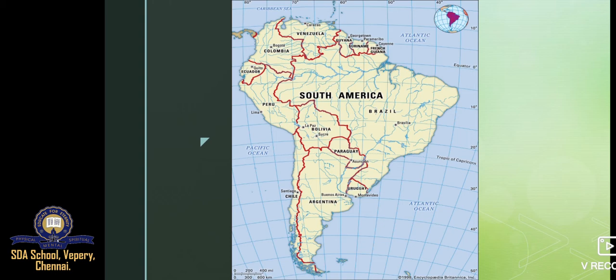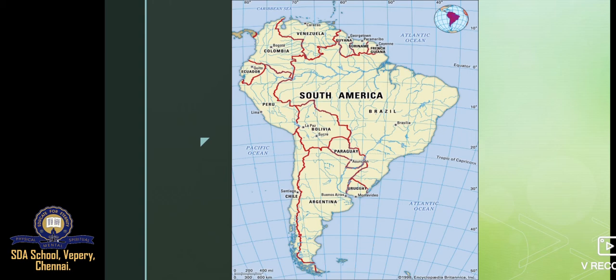Some of them are Trinidad and Tobago, Falkland, South Georgia, Chiloe, Archipelago, and Galapagos. The countries of South America and Central America, along with Mexico and West Indies, are together called Latin America.